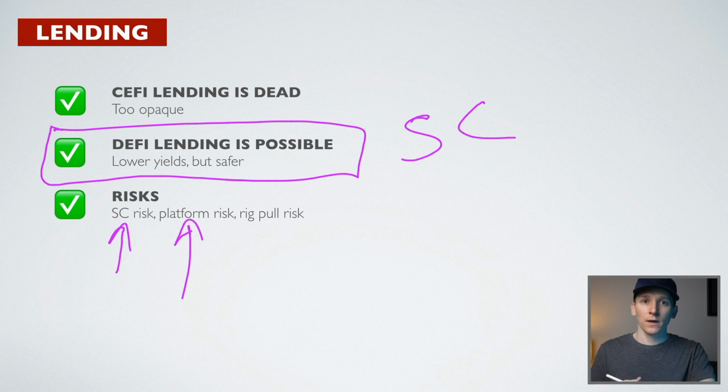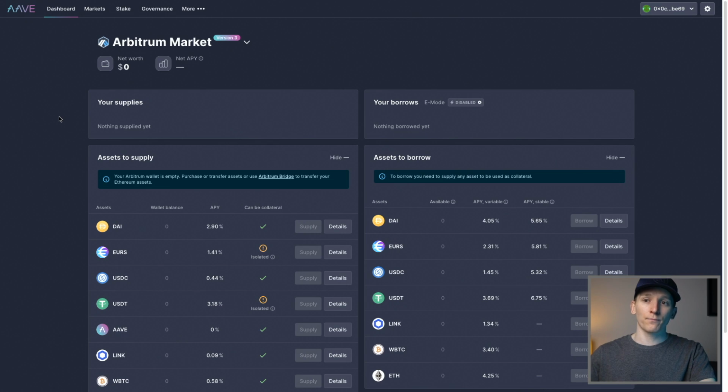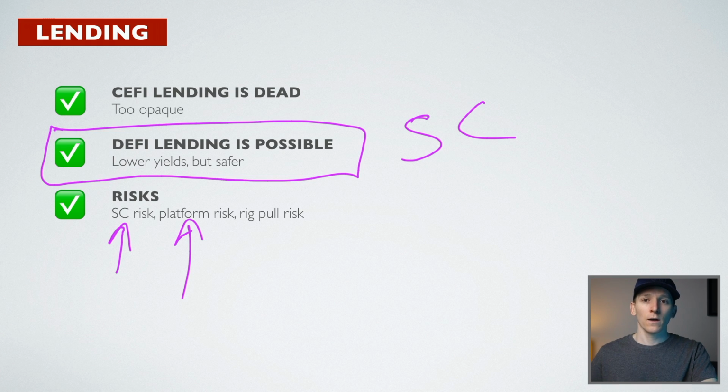Platform risk, generally: there are occasions where there are bad debts within a DeFi protocol, and those bad debts have to be paid off, and that comes out of the protocol's token, in this case Aave. For the most part, that's not a massive deal for most people, but it is a risk.